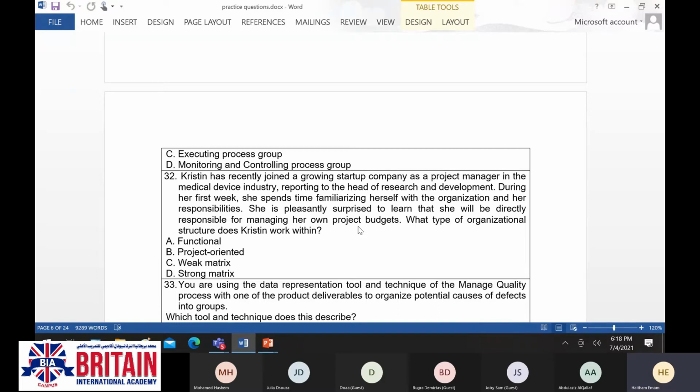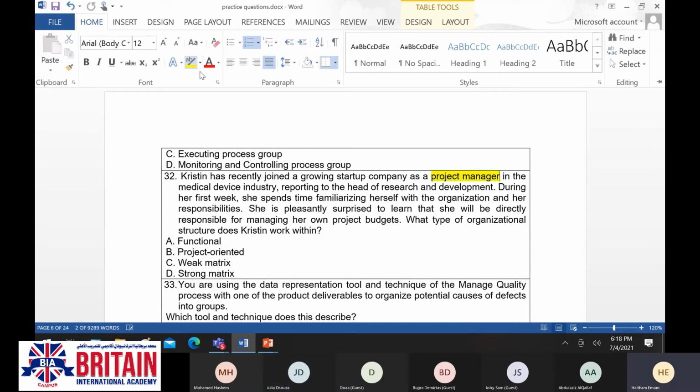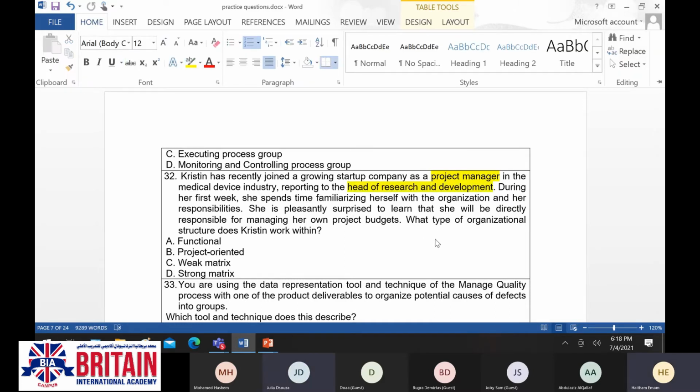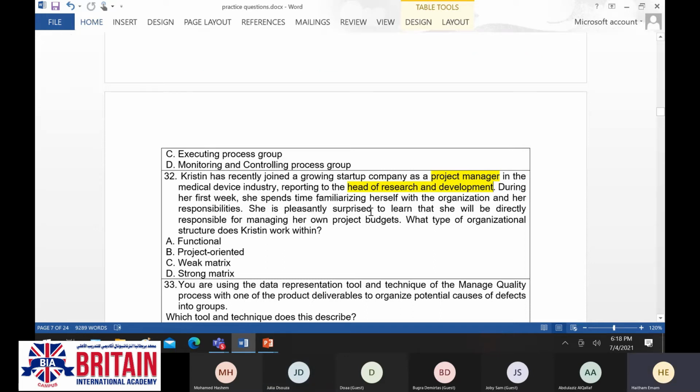First of all, let's analyze the structure of this question. She's going to join as a project manager. At the same time, she's going to report to the head of research and development. And then she is surprised that she's going to be responsible for a certain project and for managing the budget.